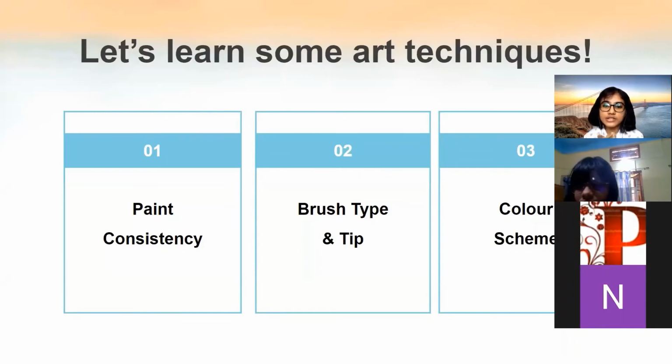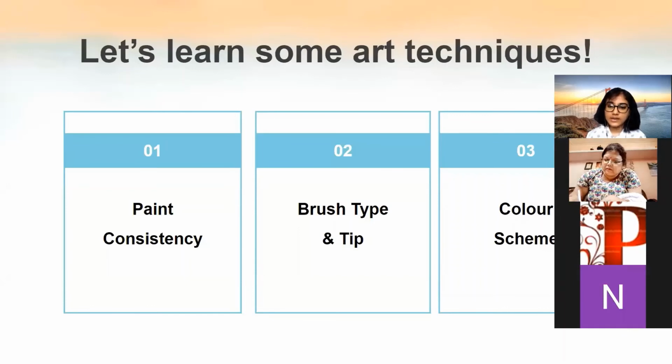Now, brush type and tip. In terms of Madhubani painting, for coloring the background, I typically use a flat brush so that it's easier to cover the entire base of the painting. Basically in Madhubani painting, there are 2 steps. We first finish the base, for which we color the background, like the way I did, yellow or green. And then we do the inside detailings of it.